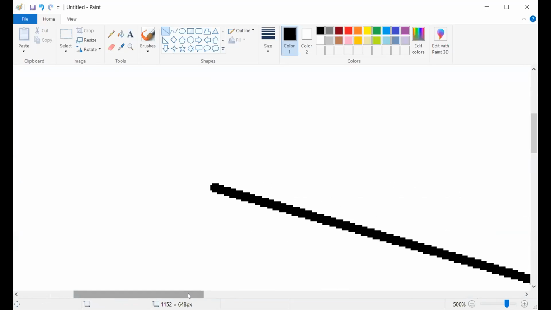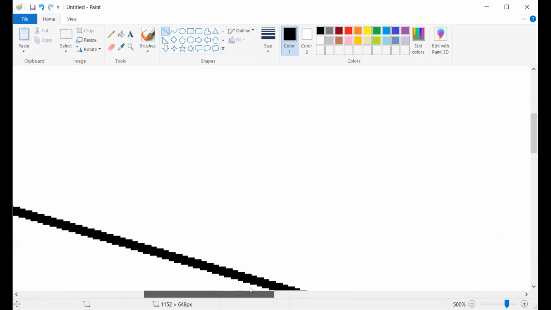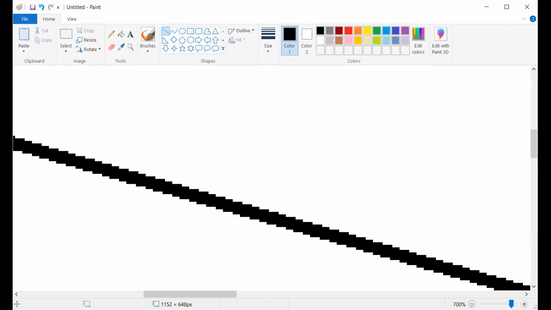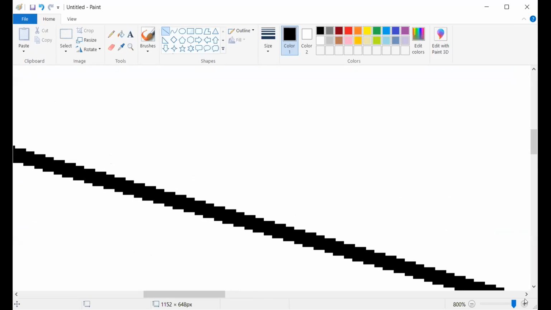Without zooming, the line is very clear. If you zoom, see whether that straight line is really straight. It is not very straight,